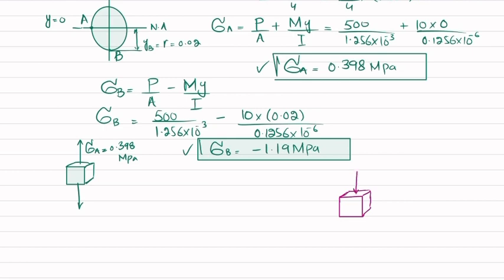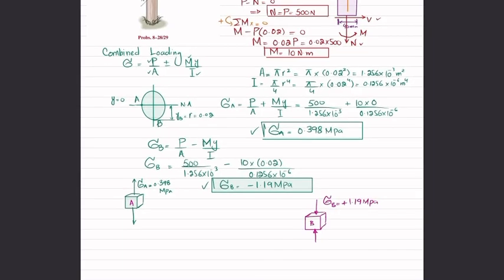So sigma B is equal to minus 1.19 megapascal. We will write positive because this sign shows you that this is in compression. So this was for B and this was for A. And that was all about this problem